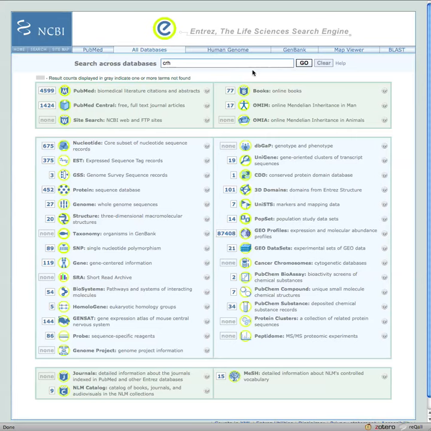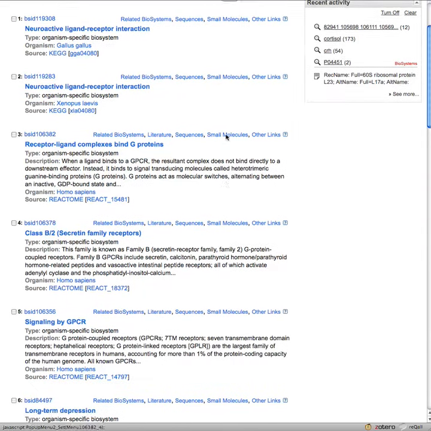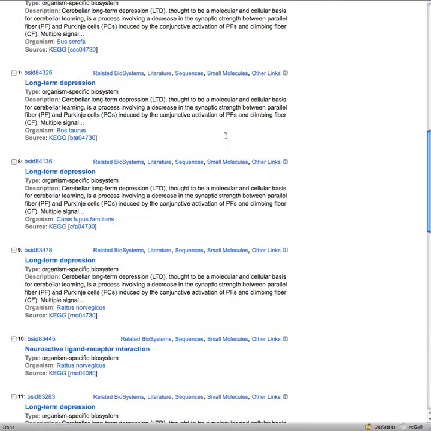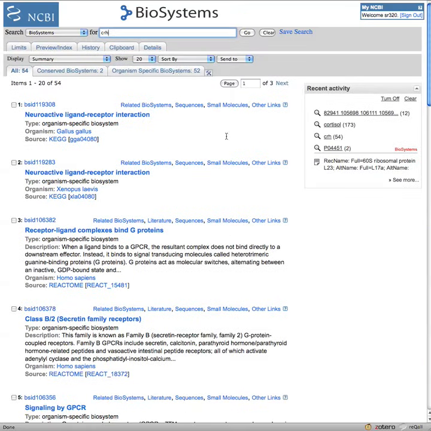This is a search for CRH, maybe corticotropin-releasing hormone, and Biosystems is a relatively new feature. I just want to get there, and we'll start over fresh from there, or at least see what comes up. So it has all these different pathways that are associated with possibly the letters CRH, maybe corticotropin-releasing hormone. Let's search